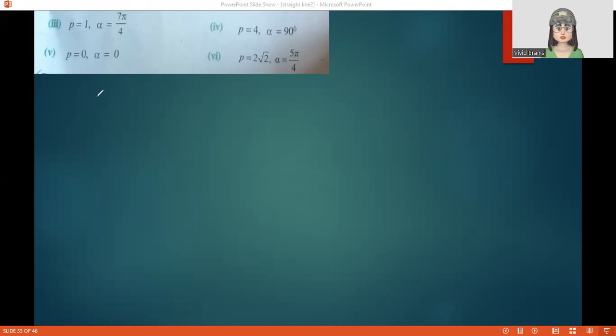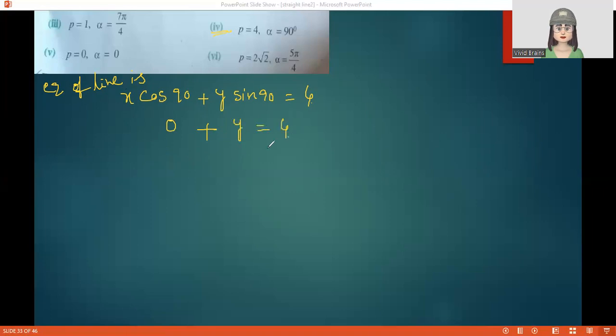The same type of question. P is equal to 4 and alpha is equal to 90. Yeah. So the equation of the line is x cos 90 plus y sin 90, which is equal to 4. Okay. Cos 90 is 0, so this becomes totally 0. So 0 plus y sin 90, y is equal to 4. So what is the final equation? y minus 4 is equal to 0. This is our final equation. Next,